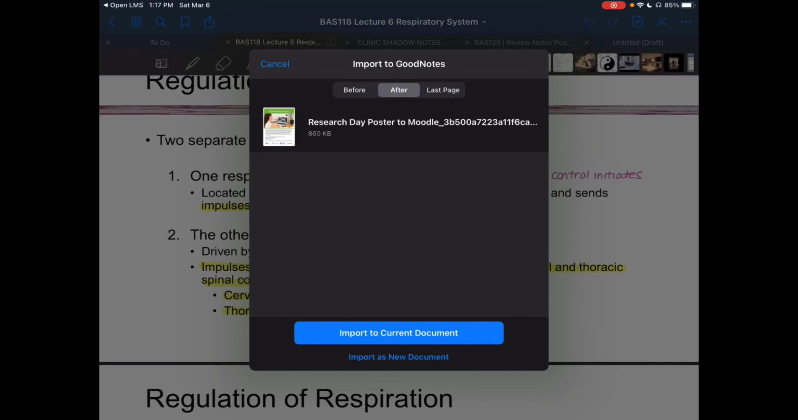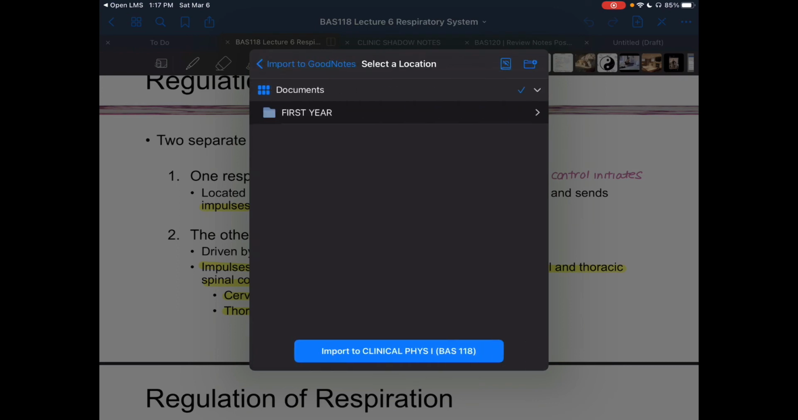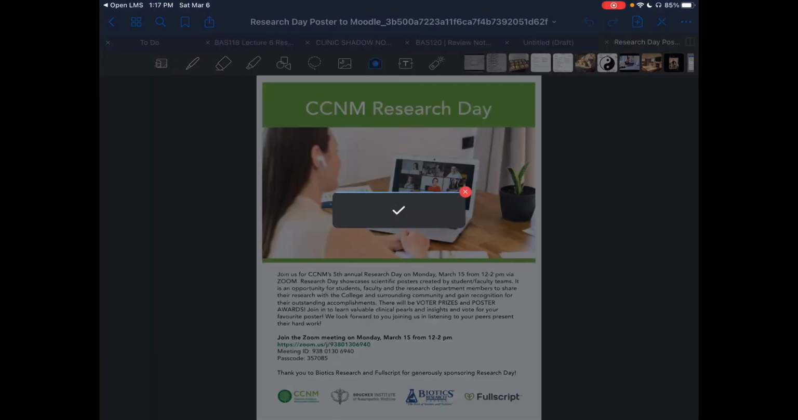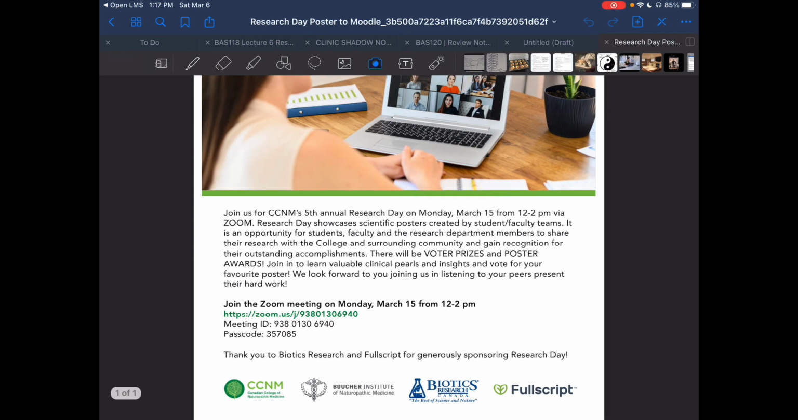Or for example, I have it open here, so I'll just do it as a new document, and then you can pick where you open it up into. So I'll just put it right into my first year folder. I made a first year folder with most of the classes that I've been doing notes on my iPad on here, so that's been awesome for me. And then you'll see it's open right here, and you can make notes on it if you have the